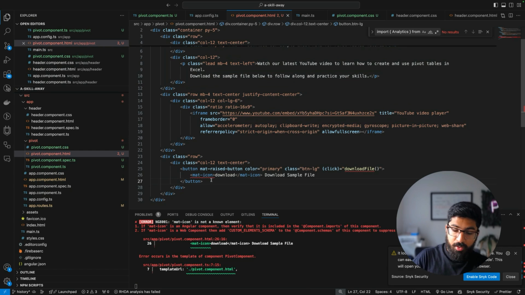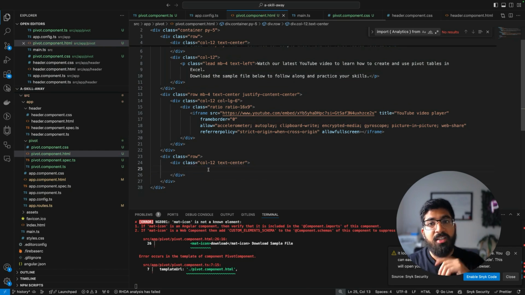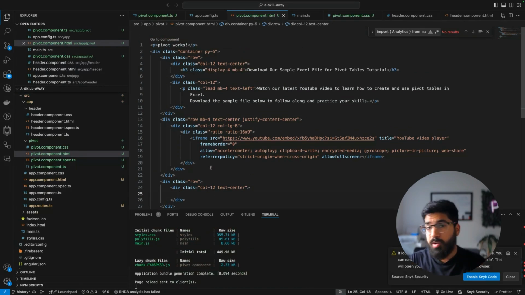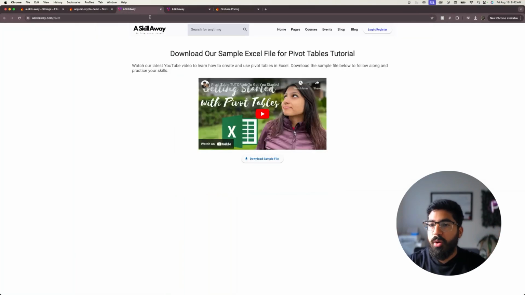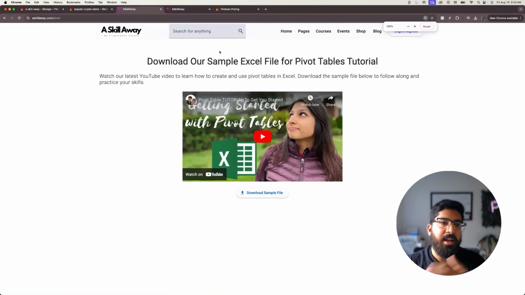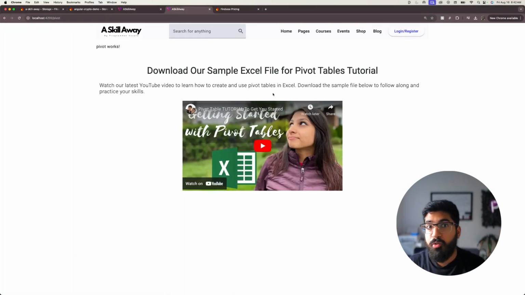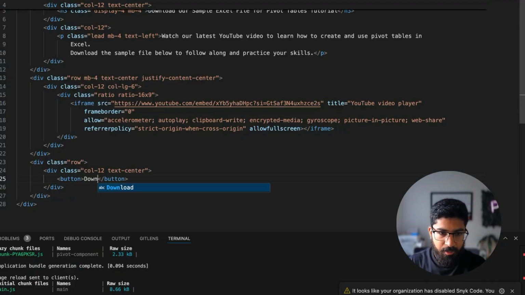We want to go here, which has the button as well. So I'll just focus on the button now, in the interest of everyone's time, especially if you're here just to focus on how to download a file using Angular. I'm going to link all the code down in the description so you can learn how we did this part as well if you're interested in it. So let's create a button which will say